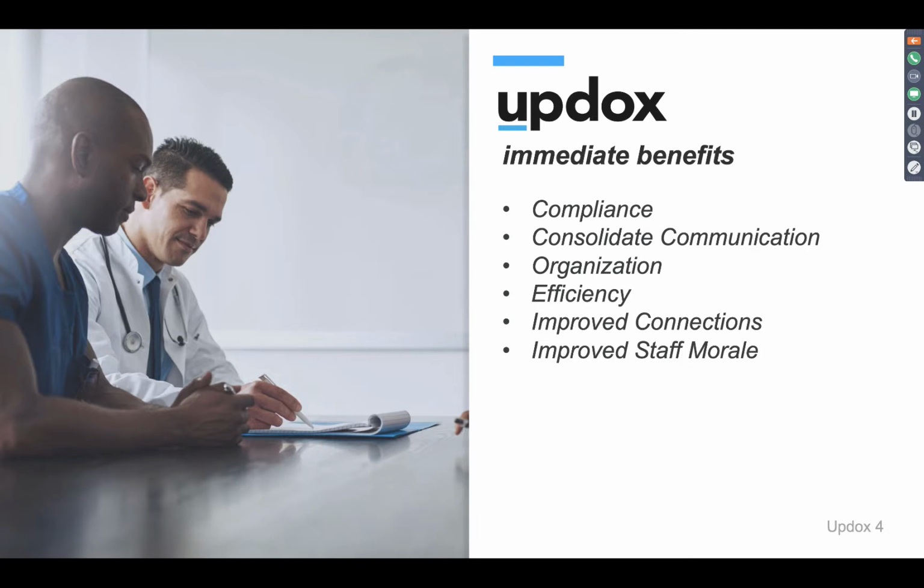We also help you organize. So whether it be a secure message coming in, an email, or a fax coming in and out of the office, your communication can be tagged and tasked accordingly based on practice preferences. And then we also provide a huge level of efficiency for you and your staff. You're leveraging a single platform to execute on administrative tasks that normally take up anywhere from 3 to 5 hours